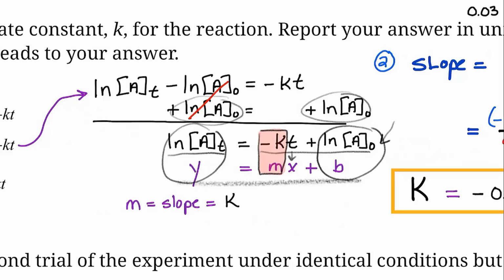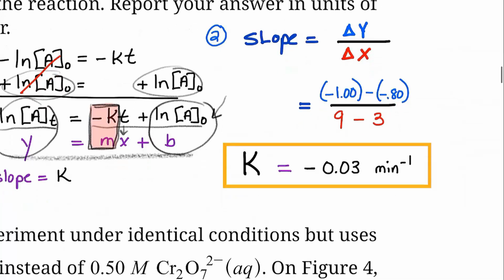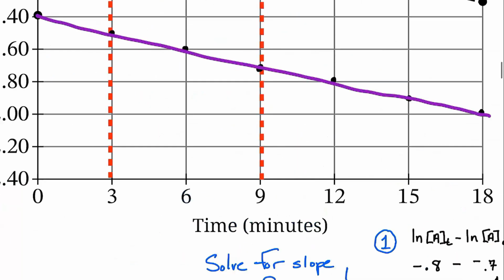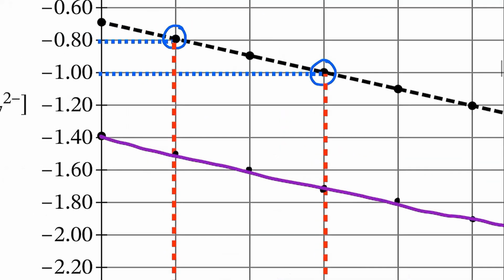So it's very helpful, when you manipulate these equations a little bit like this, to see them as a straight line, because the slope is your k. They wanted the k, the slope of this line. So looking at this integrated equation of first order in a linear sense, we can see that we have a straight line. So I did the change of y over the change of x. I found two nice points, where the change of y is how the natural log changes. If you look at my graph here, I found these two nice points,